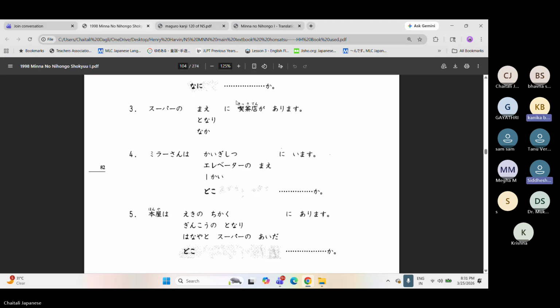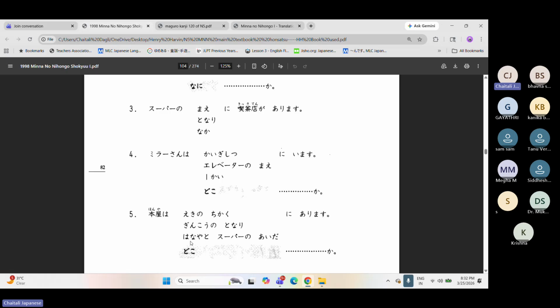Yes, it's basically indicating location. If I'm literally translating this sentence in English, I will say there is a supermarket in front of the station. Here I will say there is a bookstore near the station. There is no major difference, but here we have an exact location. Here we have a little vague location. Pinpointed, but a little vague location. Ma'am, when they tell the exact location then ga will come, and when they tell the surroundings then ga will not come. It is not about the surroundings.